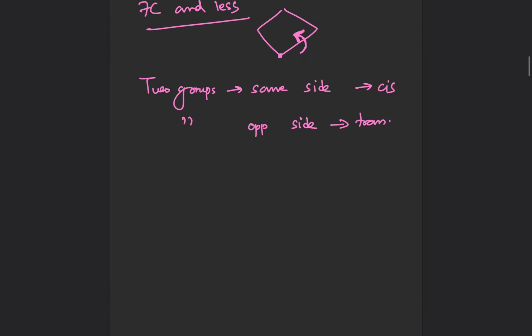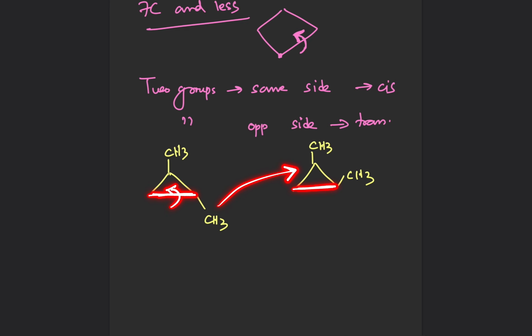For example, let's say I have cyclopropane and I have one CH3 above the ring, one below the ring, and let's say I have another cyclopropane where both the CH3 groups are above the ring. Okay, so since there is restricted rotation about these CC bonds,